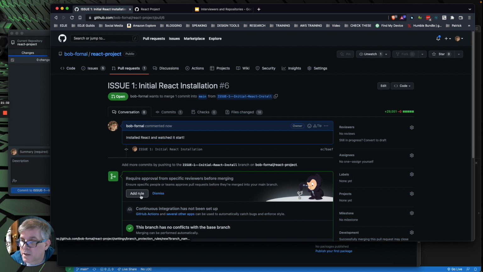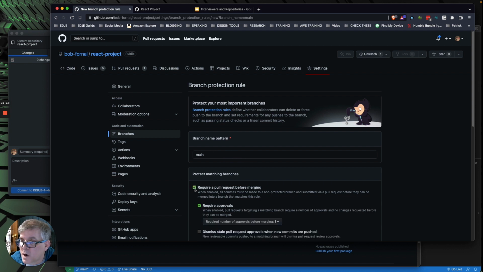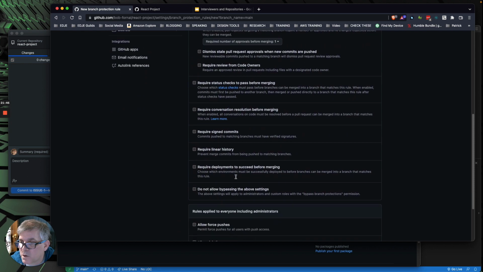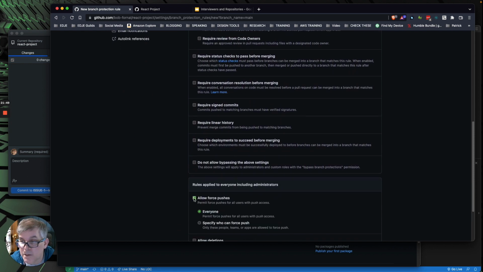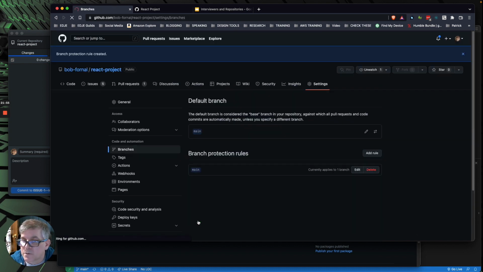Okay, we're going to add a rule on the branching. Okay, and this is a branch name pattern, and we want to require a pull request before merging. We have to when we can require removals. I'm not going to change a whole lot of goofy things on here. Okay, what I will allow is allow forced pushes on mine. You don't necessarily have to do that. Okay, and I'm going to create, just to make this project a little bit simpler, I'm adding that in.